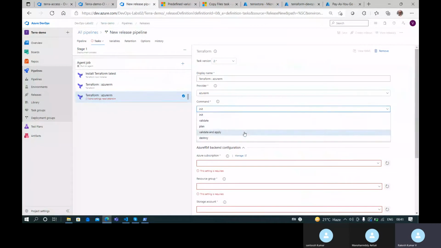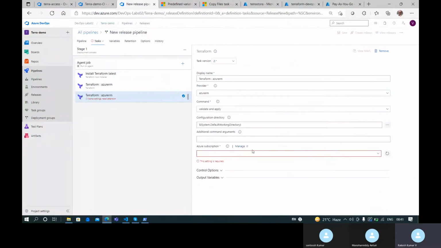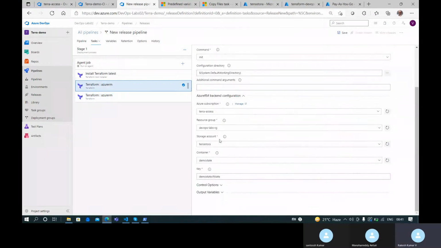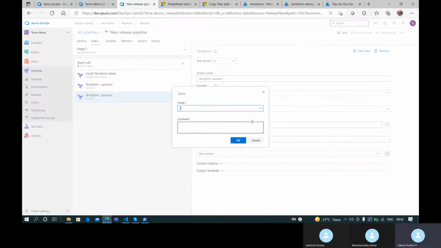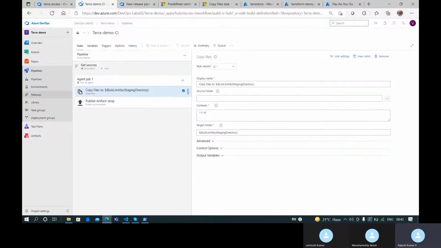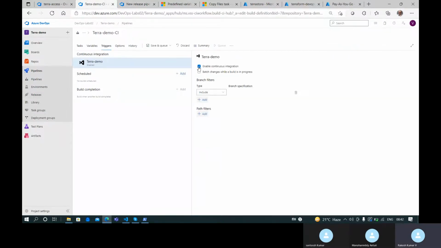Now you can do a validate and apply. Terraform access. This is good. You are not passing any values, so this is good. And this is save. But here we will keep continuous trigger integration